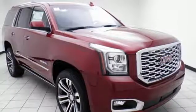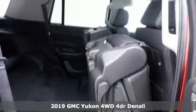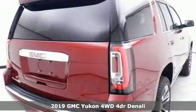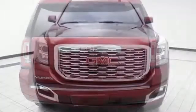It's a new 2019 GMC Yukon. The best ability for your next vehicle is capability, and this Yukon has it. Features include automatic transmission, dual zone climate control, integrated navigation system with voice activation, auto-dimming rearview mirror, heated steering wheel,